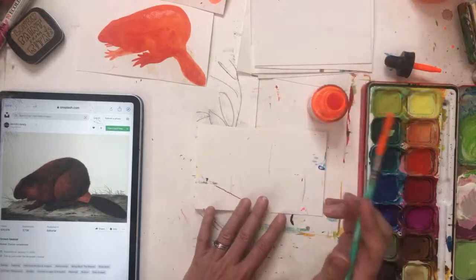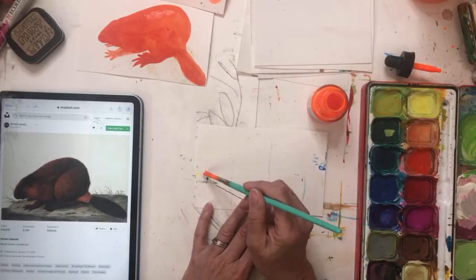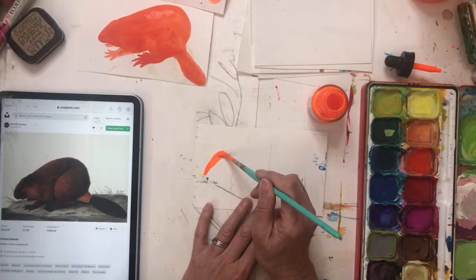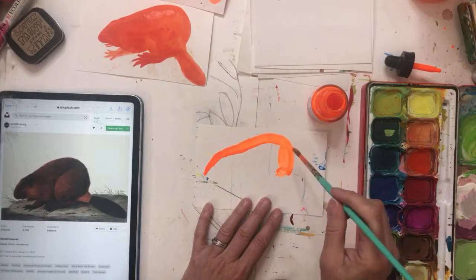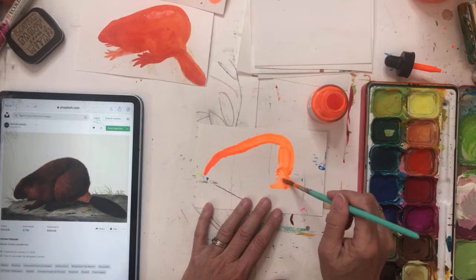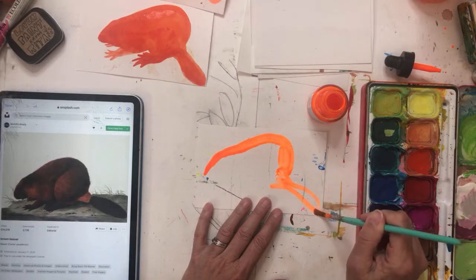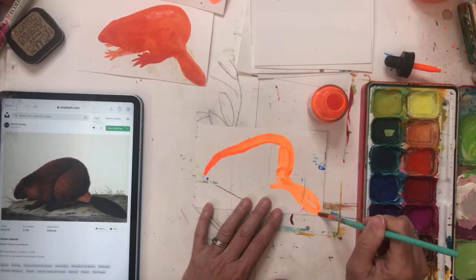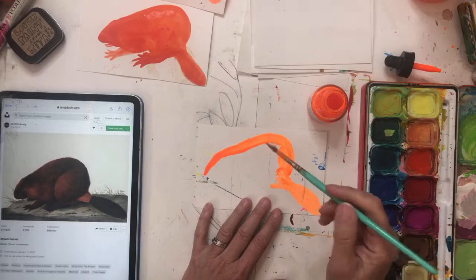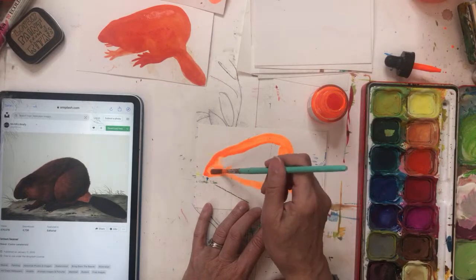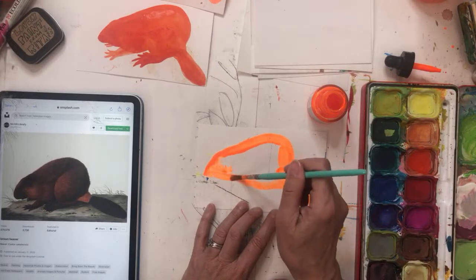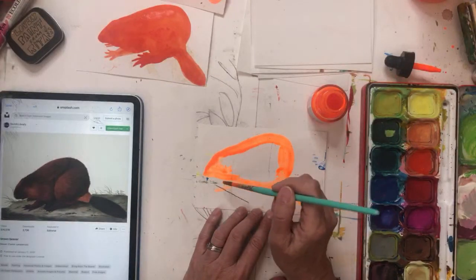So this is the acrylic ink, and it's the fluorescent. And again, I have not left enough room for the tail. I've got to adjust my whole method of putting this beaver on the page, I think. Either that or I'll add a tail to the end.